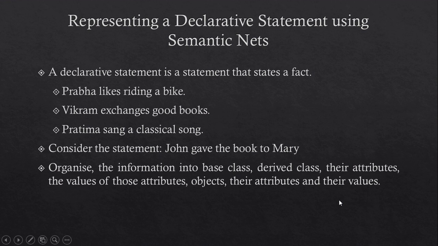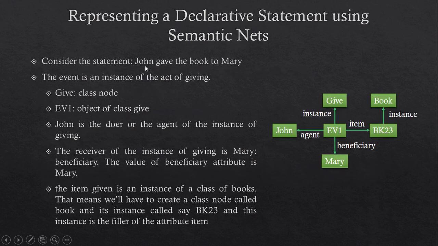In the statement, John gave the book to Mary, the event is an instance of the act of giving. So, give can be a class node, and this instance of giving, this event, let us call it EV1, is an object of that class node.